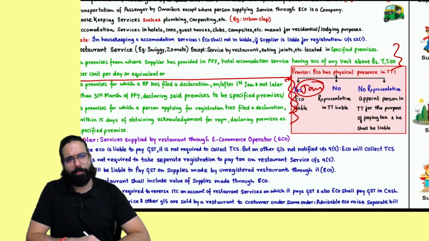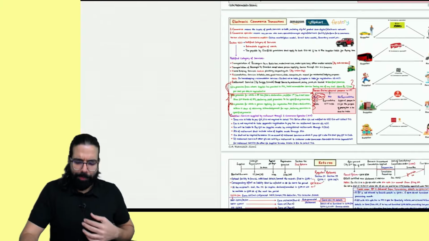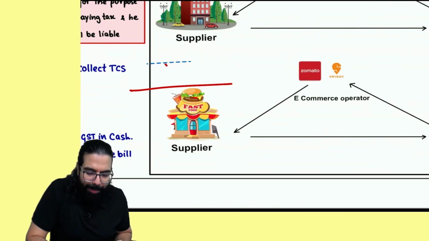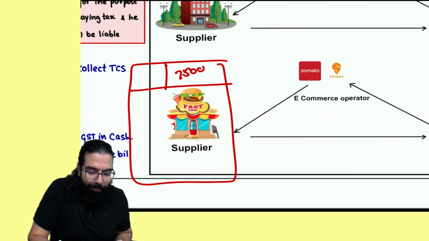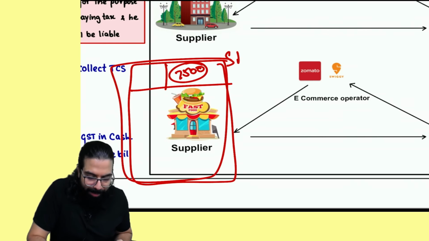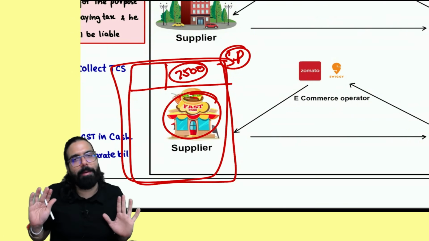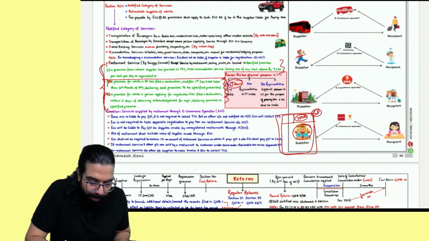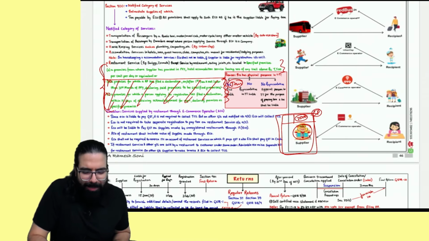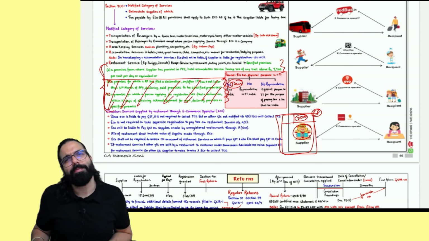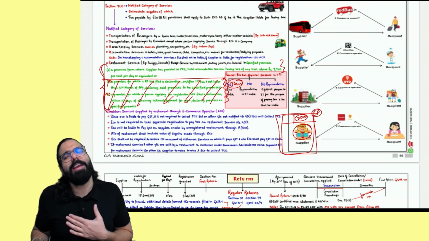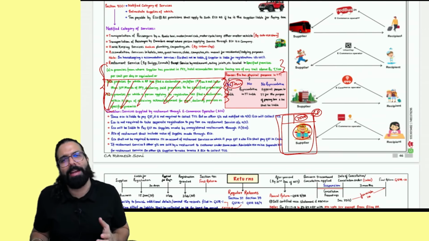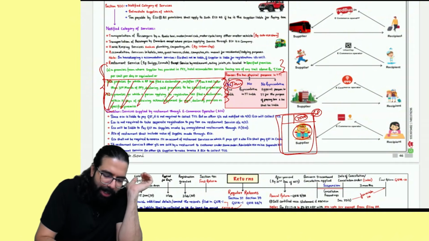But if I'm a restaurant inside a specified premise, meaning if my premises' room rent is more than 7,500, then this premises becomes a specified premise and the restaurant will be liable to collect the GST and pay. What I had already told you earlier, that is only applicable. These 2 points are not applicable for the September exam, but nothing very important from these 2 points anyway. What they are telling is, if a premise declares itself as a specified premise, then also it will become a specified premise and it will collect GST and pay. But this is not applicable for the September exam.